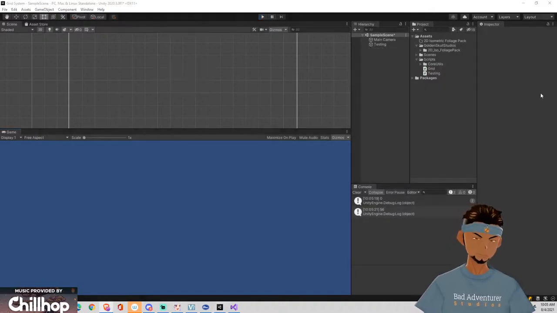Cool deal. Just doing a Debug.Log, getting the mouse position. It sounds dumb. Okay, here we are. Going through this, it looks very basic. It looks very simple, but